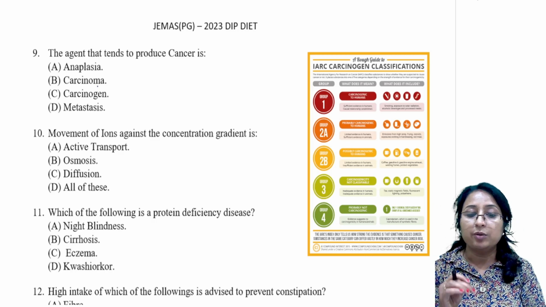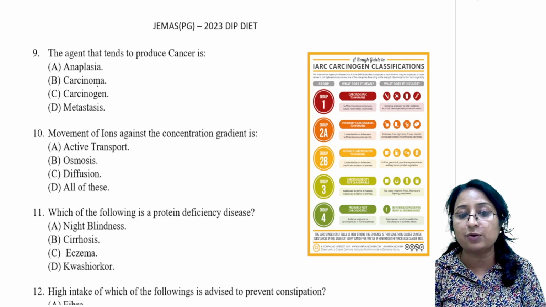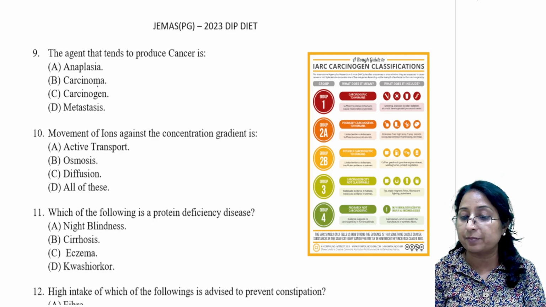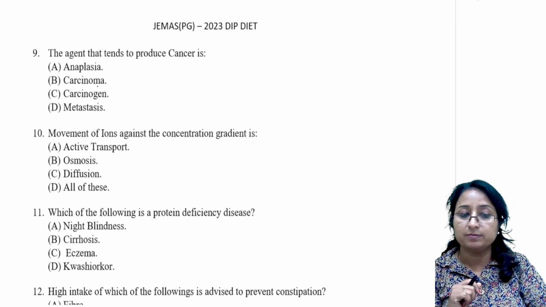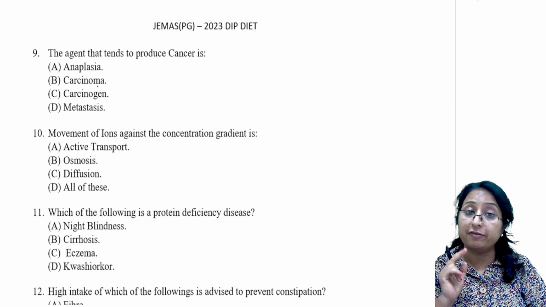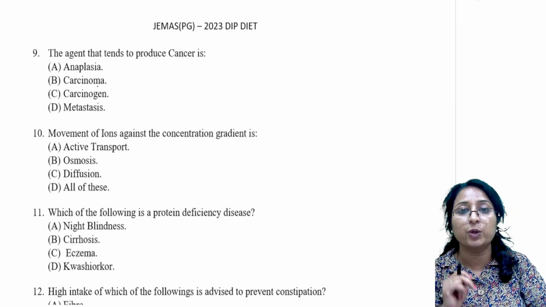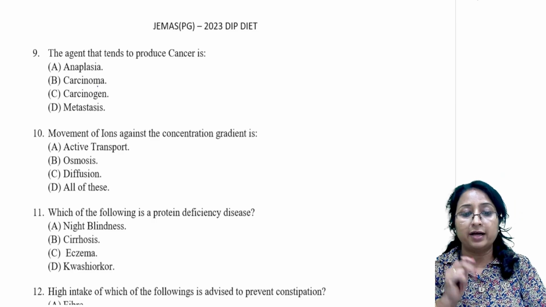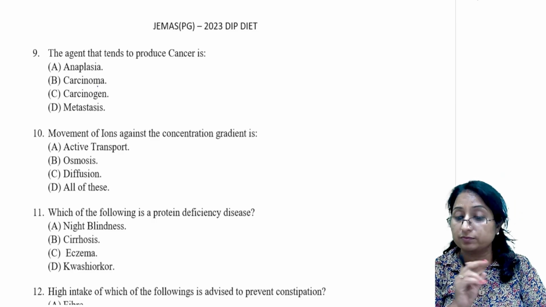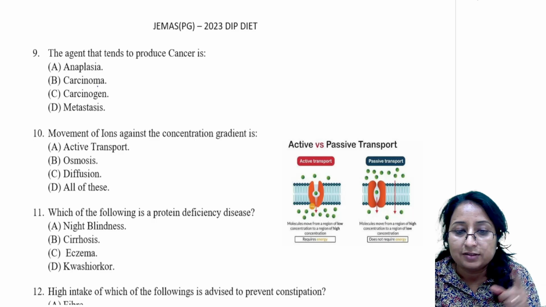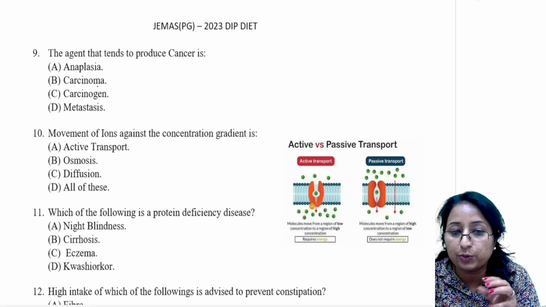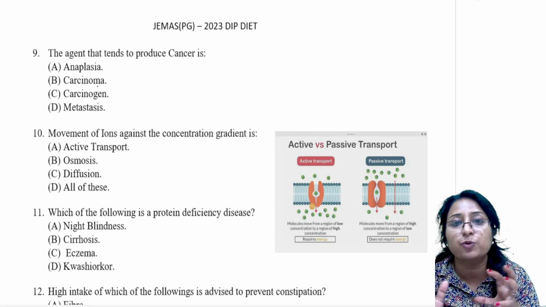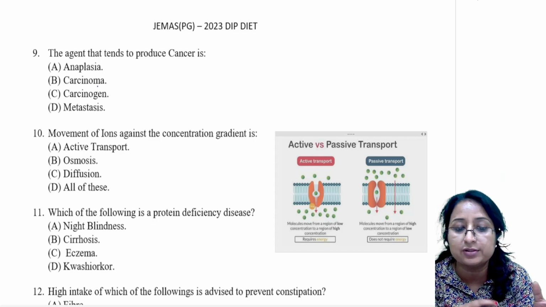Question number 10. Movement of ions against the concentration gradient is: active transport, osmosis, diffusion, all of these. So what would be the answer? The answer will be active transport. How? See, through this picture I'm showing you how active transport works on ions against the